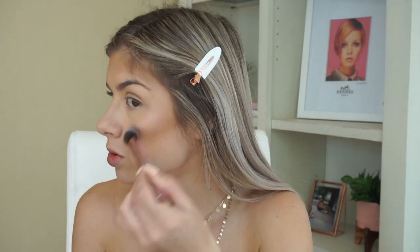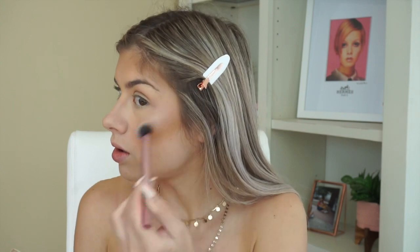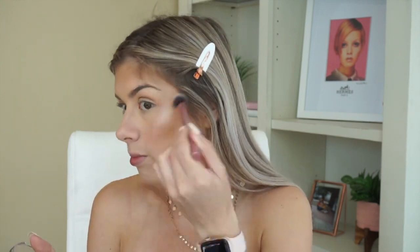Okay, yeah, it's definitely very, very subtle, but I'm going to just kind of build it up and see what we're working with. This is a shade that I would definitely steer away from if I was any tanner because it is a little bit more white toned. Obviously it's called white gold, but you guys can see it looks really good with my skin tone right now, but I think if I was any tanner it would not work. So just keep in mind when you are